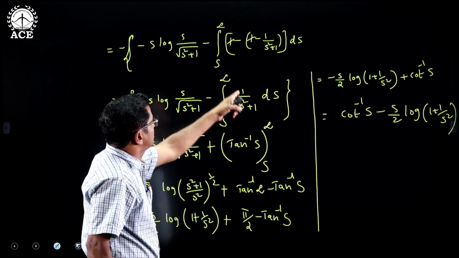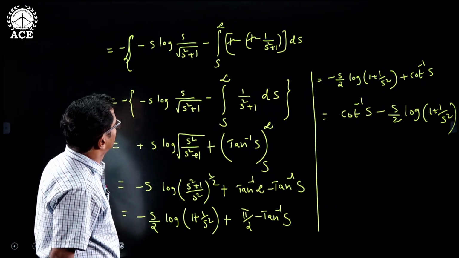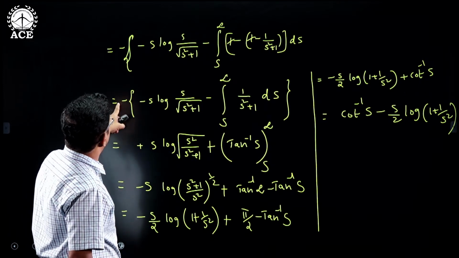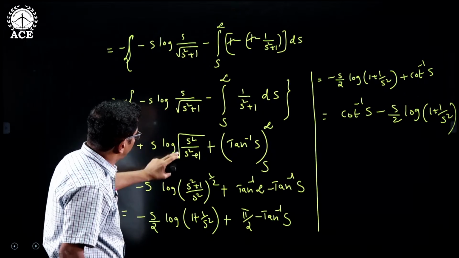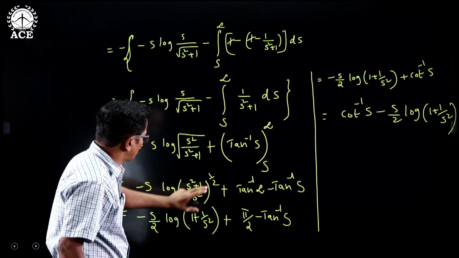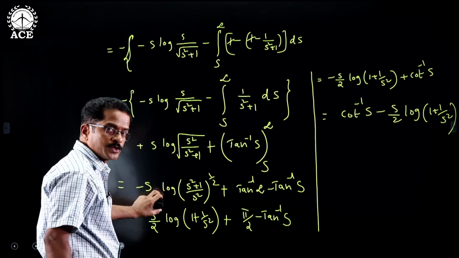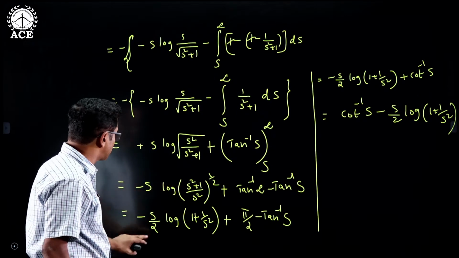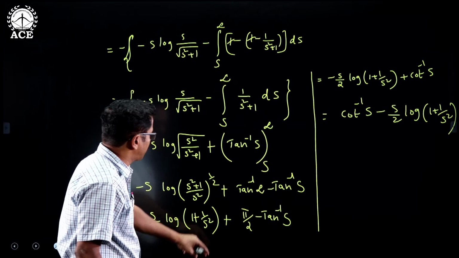On simplification you will get this as 1 by s square plus 1 followed by minus. So then minus of minus s into log. This s by root of s square plus 1 I am writing as root of s square by s square plus 1. This root is nothing but power 1 by 2. That power 1 by 2 comes as the coefficient of the logarithm as per the logarithm properties. So minus s into 1 by 2 is minus s by 2 log of 1 plus 1 by s square,